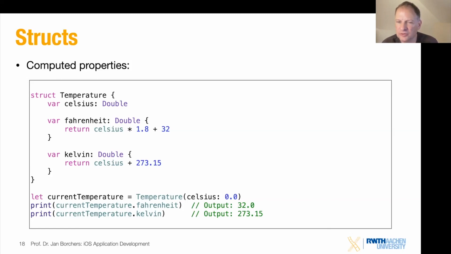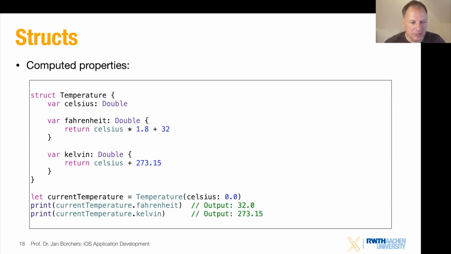You may have gotten confused when I said we can do .count on a string variable, and it'll return the value. You're like, well, what are you doing there? Is there a member variable that contains the count, and every time I change the string, the count gets miraculously updated? Or is it a function, but you're not giving me parentheses after calling it? So what's going on? This was exactly an example of a computed property, right? So maybe go back to that slide when you review this and look at how that works there. So here we have Fahrenheit and Kelvin being computed properties, right?